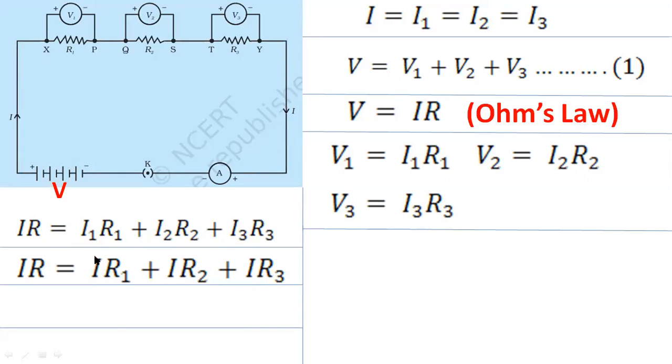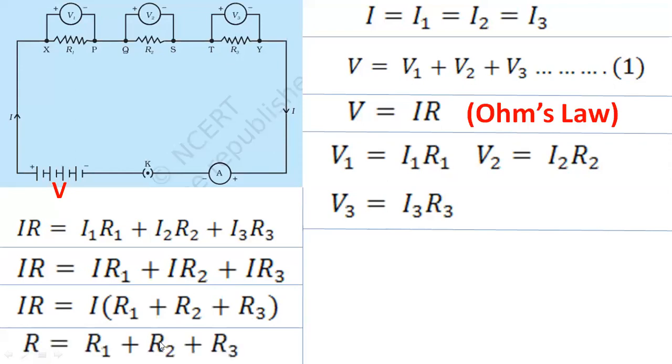That's it. But you can see all these combinations are having current as a common factor. So what I can do, I can take that electric current outside. Okay? Because that is common for all of these. So I have taken electric current common. And what is remaining inside? R1 plus R2 plus R3. But you can see, you can cancel I and I here. Okay? So let us cancel I and I. So we'll get R is equal to R1 plus R2 plus R3.